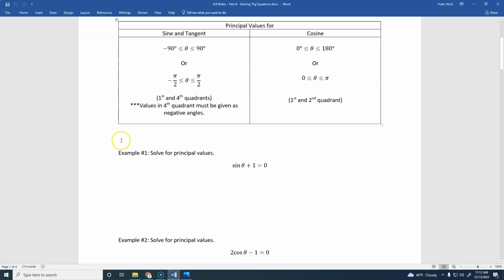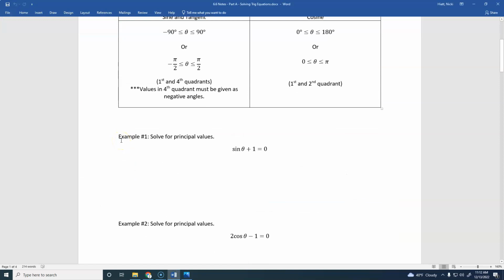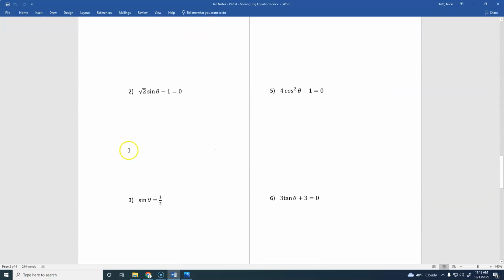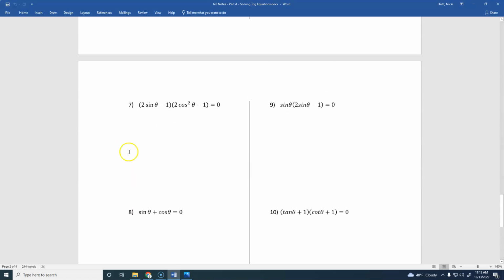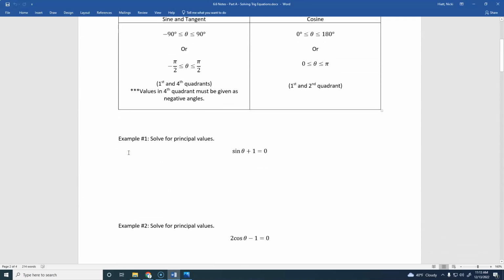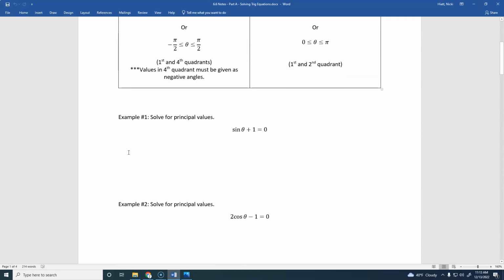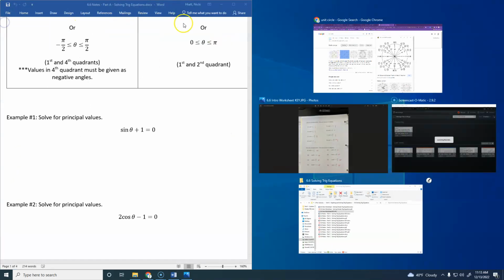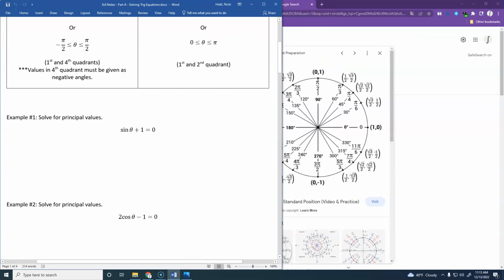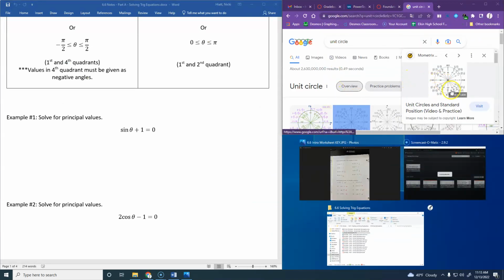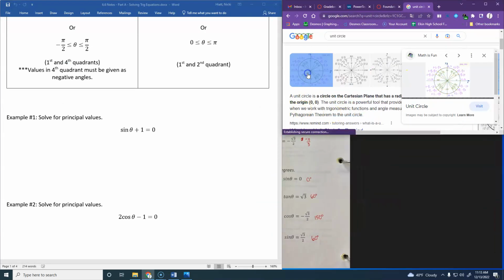All right, so let's look at some problems that are a little bit more difficult. We're going to do our examples first, and then you'll see that last page is your homework that you'll do. So we're going to do these examples together. I'm going to actually split screen this. Now I encourage you to try, whenever you're doing these problems, to try them without looking at